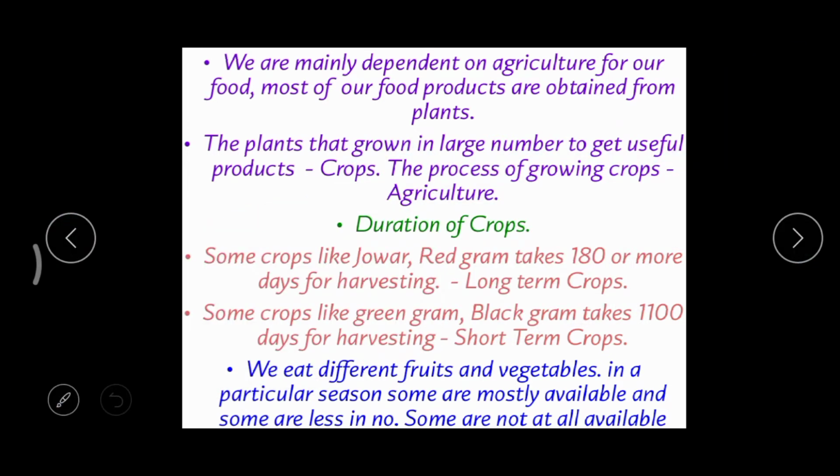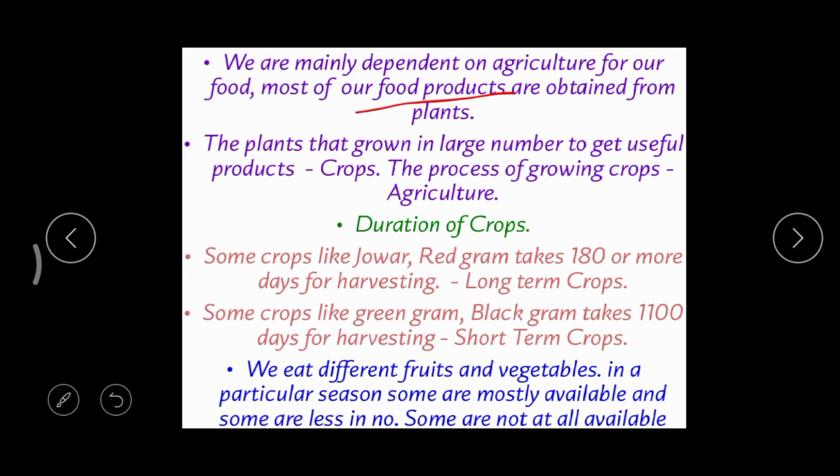Daily we're taking different types of food materials, right? In our routine life, from morning to night, we take different types of food materials like fruits, vegetables, cereals, pulses, oil seeds, right? So from where are we getting all these things? Yeah, we're all getting them from agriculture, right? So we're mainly dependent on agriculture for our food, and most of our food products,